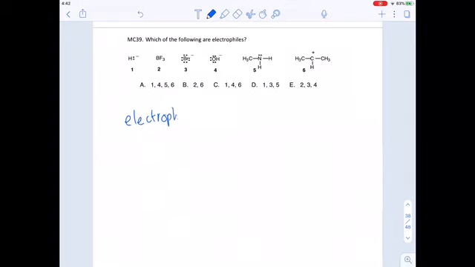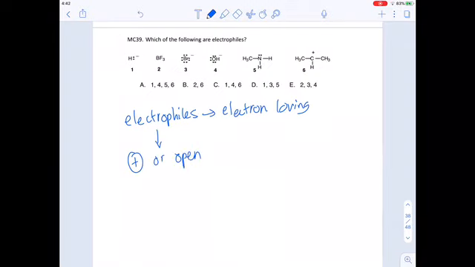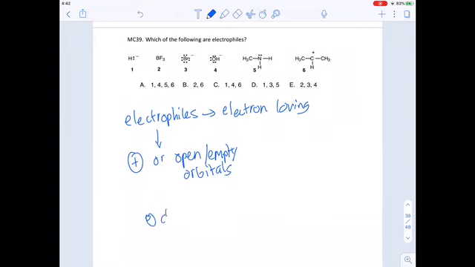Okay. So multiple choice 39 asks, which of the following are electrophiles? So that means these things are going to want electrons. So electrophiles directly translates to electron loving. So in general, electrophiles are going to either have plus charges or they're going to have open, empty orbitals. Anything with a negative charge or lone